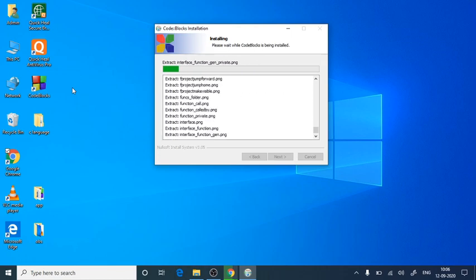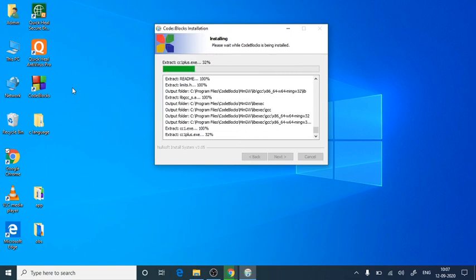It is extracting all built-in files and libraries which are very helpful in the execution of CodeBlocks. CodeBlocks is an open freeware platform to run C and C++ languages. There are other platforms also available like NetBeans, Sublime Text, Visual Studio Code.